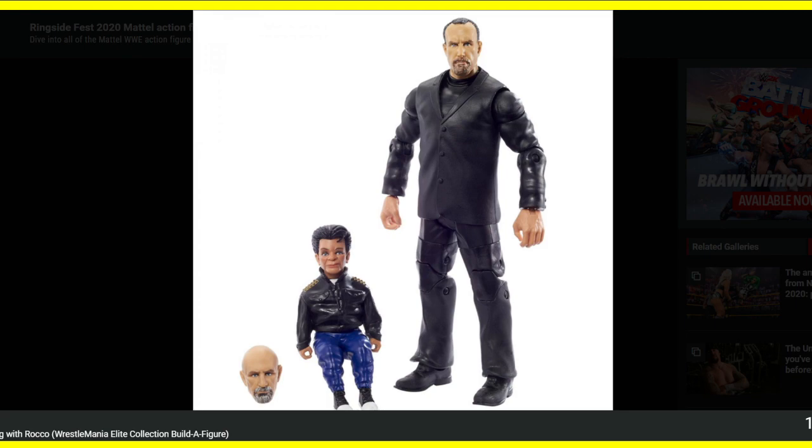But what I like about this Builder figure is you get Paul Ellering kind of as he was, but you also get the swappable head because, of course, he did come back to NXT and he was the manager of the Authors of Pain. So not only was he the manager of Legion of Doom, but he was the manager of the Authors of Pain in NXT. So you're getting swappable heads there so that you've got both versions